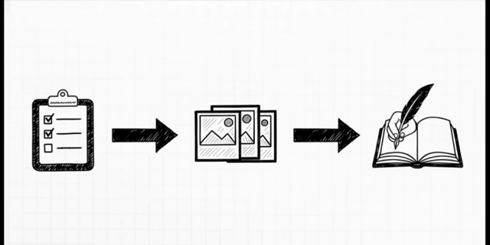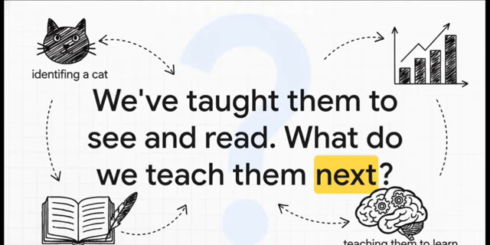So why does this matter? Because it shows an evolution. We went from trying to cram rules into a machine to letting the machine learn for itself, and now we're at a point where these machines can master the one thing we thought was uniquely human, language. And that leaves us with a pretty wild thought. We started out just trying to get a computer to recognize a cat in a photo,